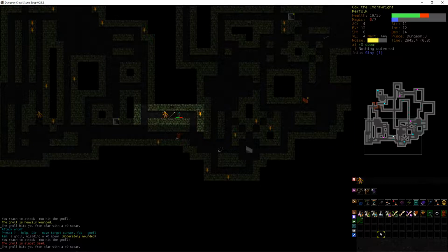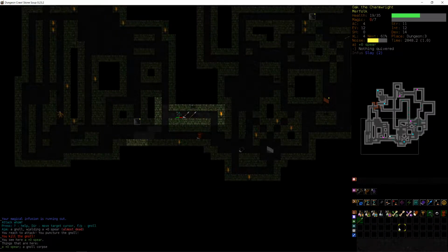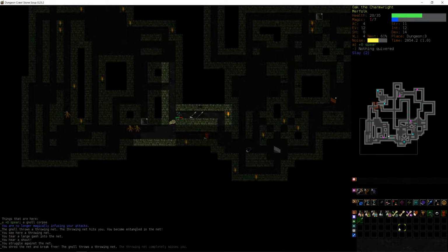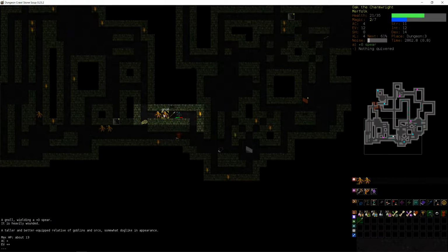Ooh, we're out of MP. Our Song of Slaying is still going on, though. Okay, good. We're on a Song of Slaying 2. You can see how many stacks we have here. So we're a lot stronger now. However, our infusion is about to run out, so we need to be careful. Do those other gnolls... okay. Yep, through a net as well. Yeah, we need to be careful. Okay, we can run away and heal if we need to, but I want to save the stacks of slay we have, and I don't think...